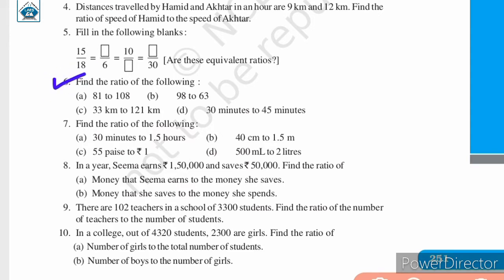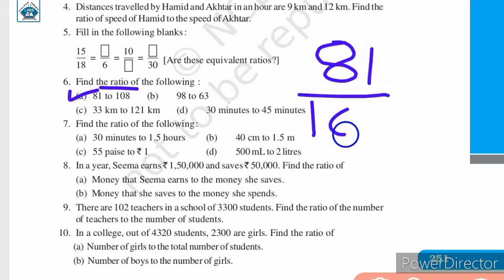Find the ratio of the following: A. 81 to 108, B. 98 to 63, C. 33 kilometer to 121 kilometer, D. 30 minutes to 45 minutes. So here you just need to find the ratio, and in the first case the required ratio will be 81